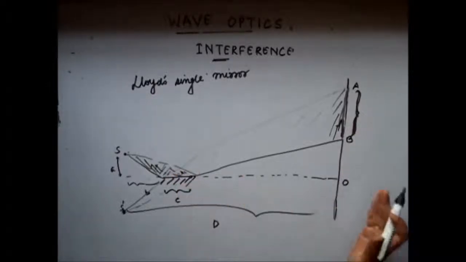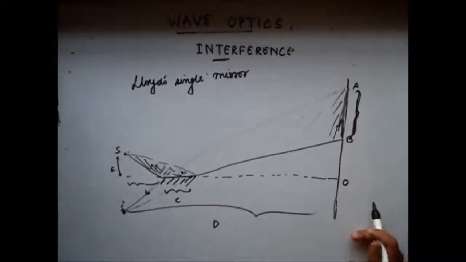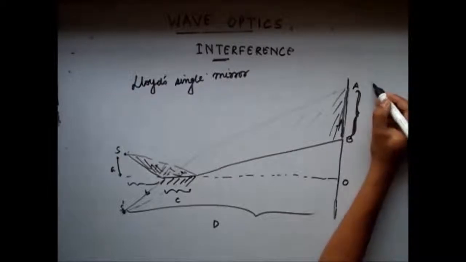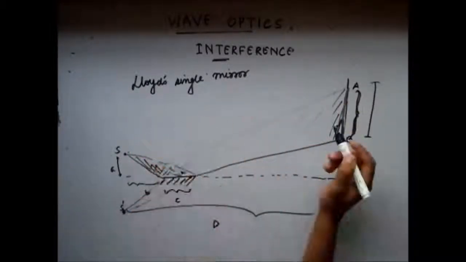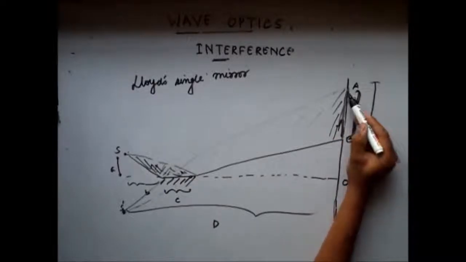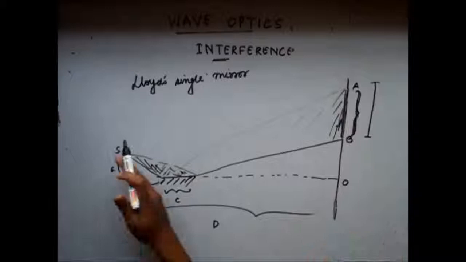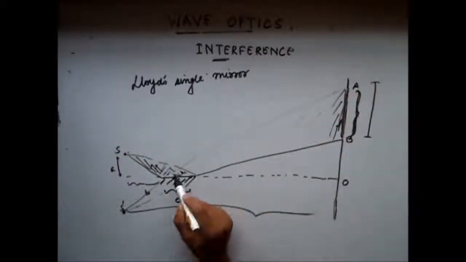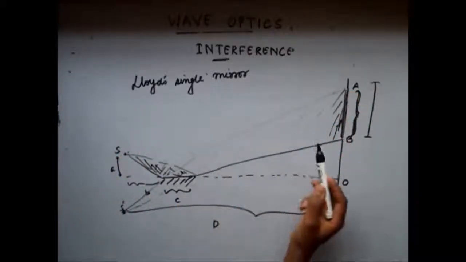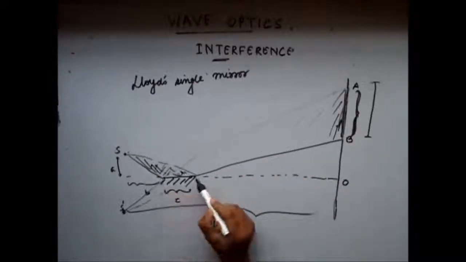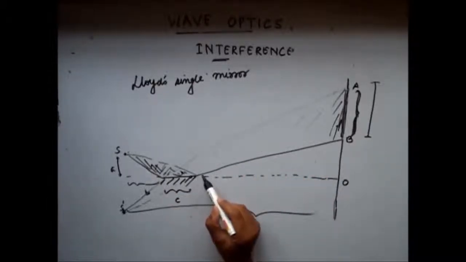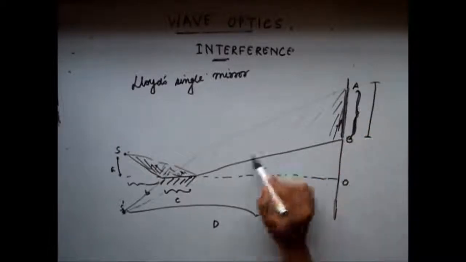In Young's double slit experiment, we had an interference pattern throughout the screen, but here we have the interference pattern in this portion only. Because the two light waves basically strike the screen only in this region. The first one is directly hitting the screen, the second one is hitting the screen after reflection. And these are the two extremities of the mirror, and that's why we got these two extremities.